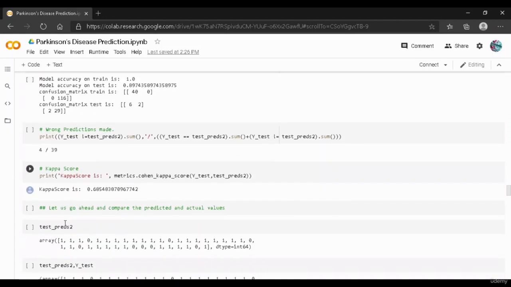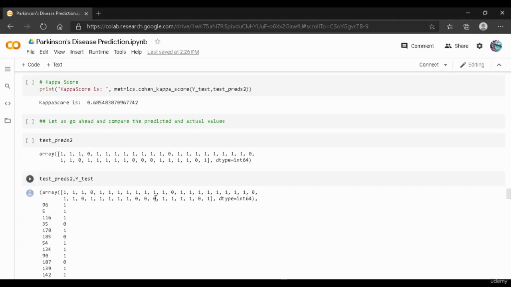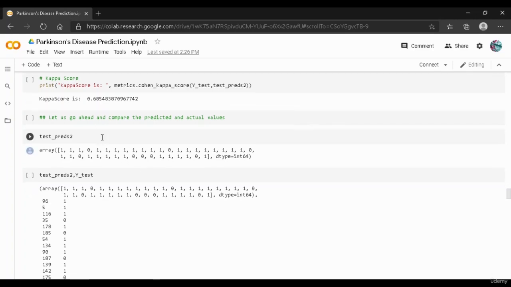And then we have used the kappa score, which is another way in which we can evaluate how well our model is performing. So what a kappa score really shows us is that Cohen's kappa coefficient is a statistic that is used to measure inter-rater reliability and also intra-rater reliability for qualitative or categorical items. As you can see over here, our kappa score value is 68, and